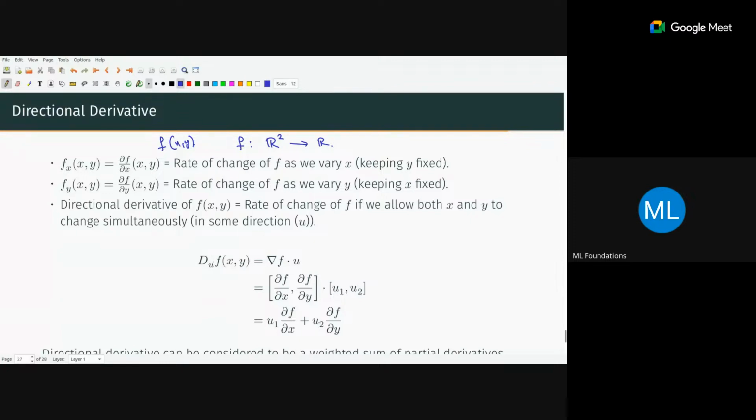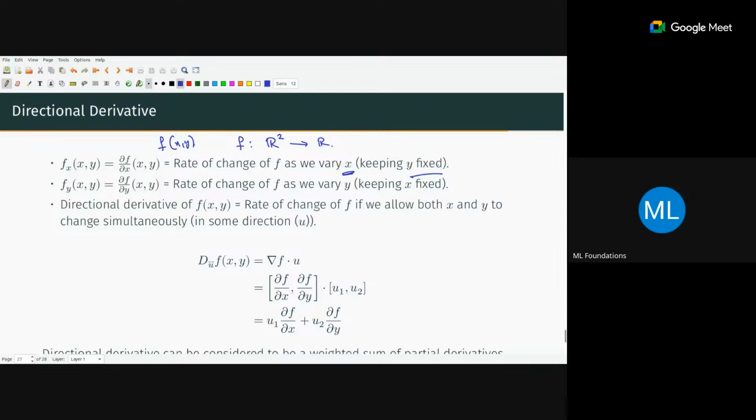How it is being changed is what partial derivatives are. So I'm not completely derivating it; I'm partially derivating it with respect to x or with respect to y. Because I have both x and y, I want to derivate only with respect to x. That is why it is called the partial derivative with respect to x. We observe the rate of change of the function f as we keep varying x, keeping y fixed. I fix one variable and move the other to see how my function is changing.